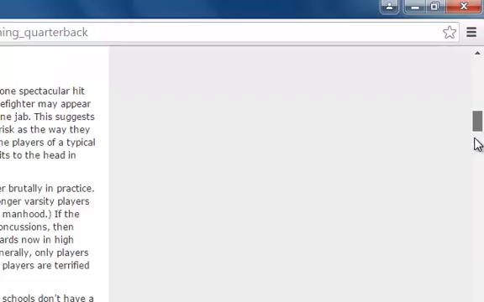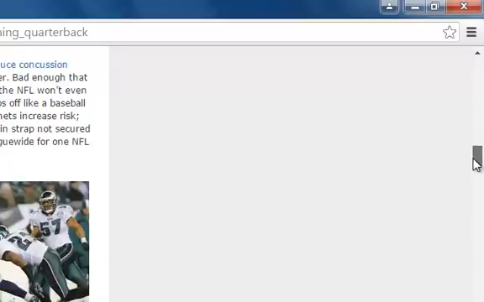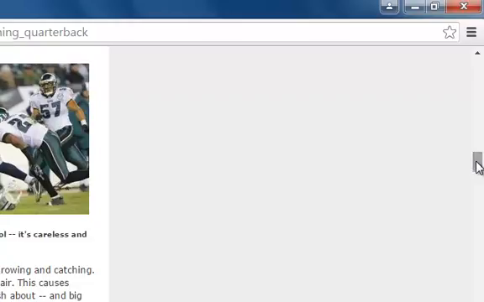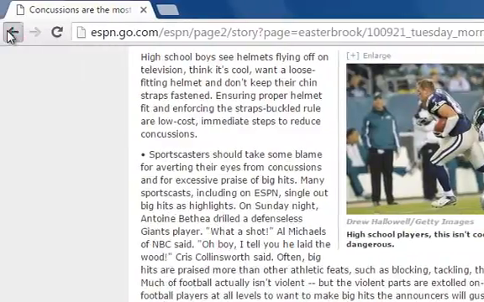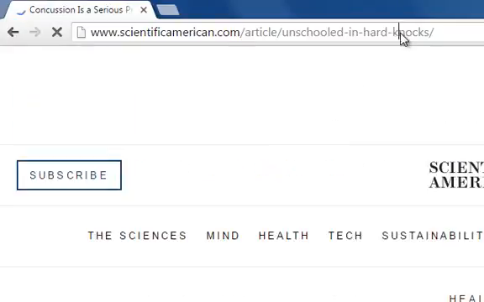Basically what I'm doing here is just putting all my sources on one page, just so I can be able to save it to one document, and if I need to come back and look at it, I can. And I make sure I put the link under it just in case I want to go back to it. Forgot to do that.